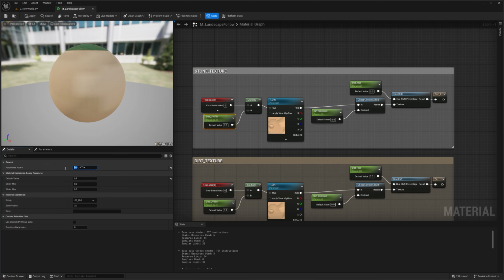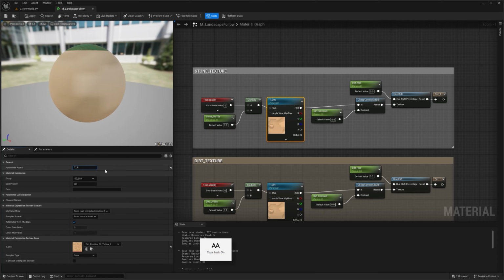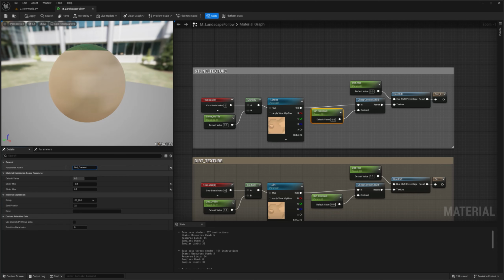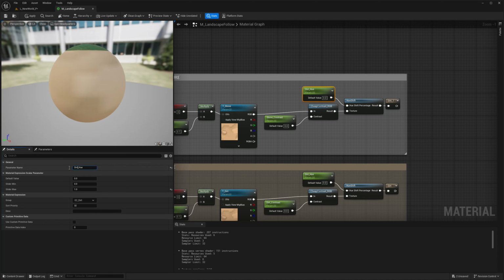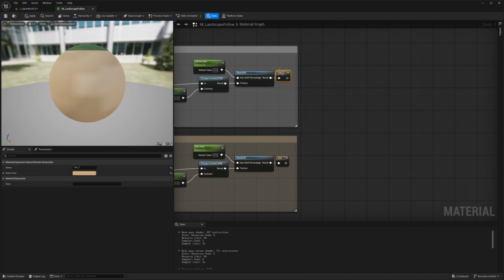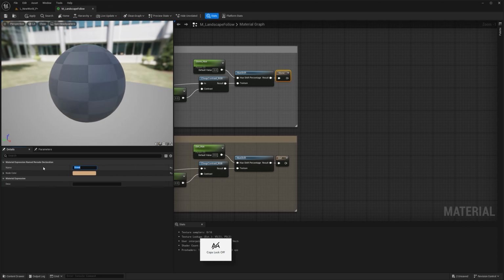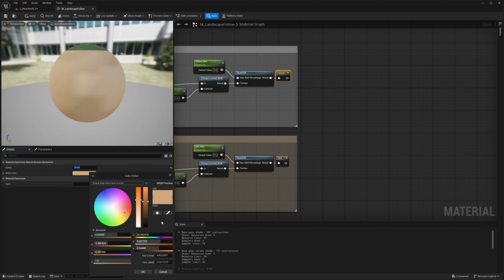Instead of dirt UV tile, I'm going to say stone. Instead of T dirt, it's going to be T stone. And again, T stands for texture, stone contrast. All the other values are pretty straightforward for me. I don't really care. And notice, because I duplicated, the name reroute changed for dirt_1. So this way I can just change to stone, and that's good enough.